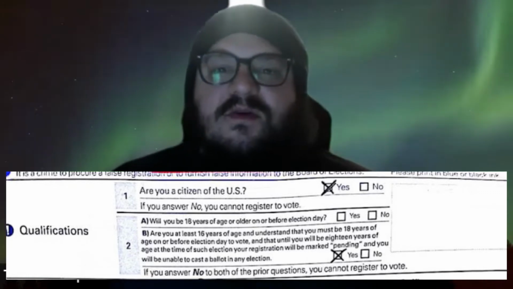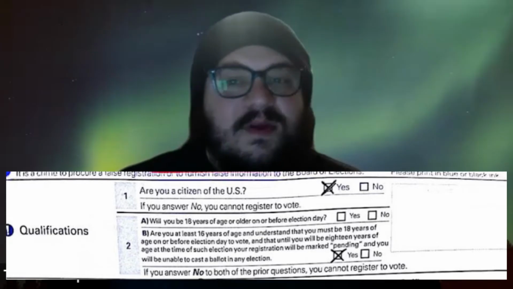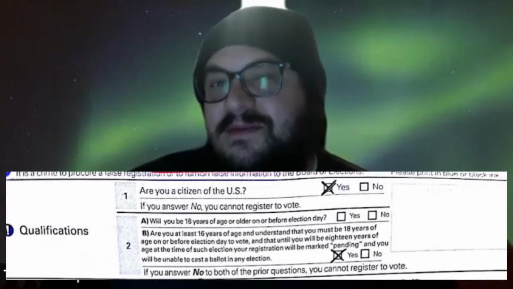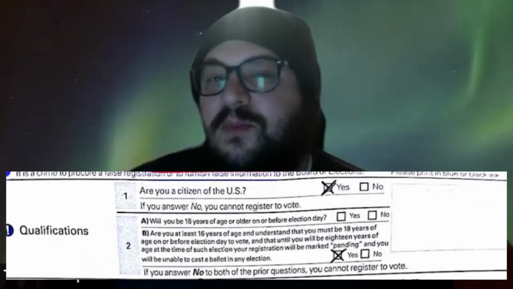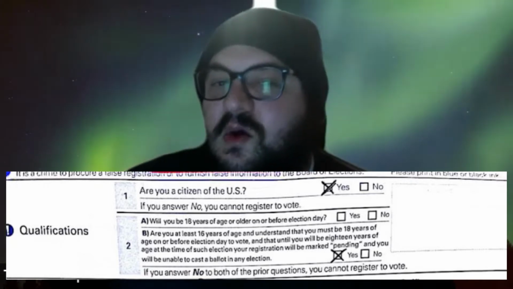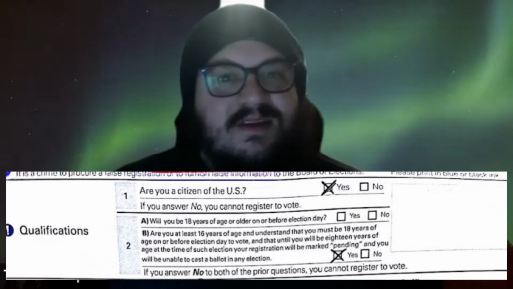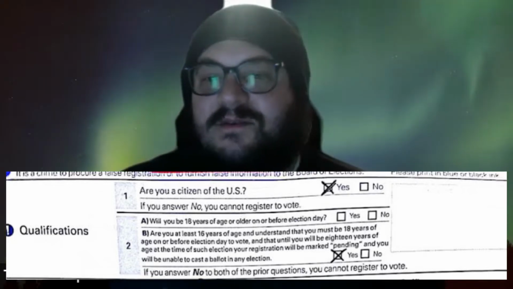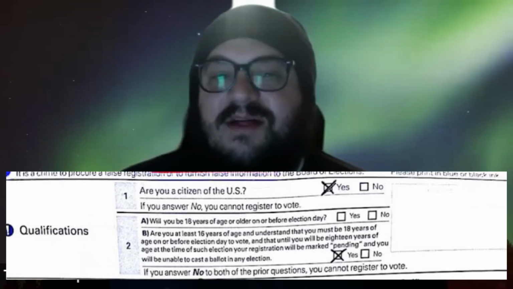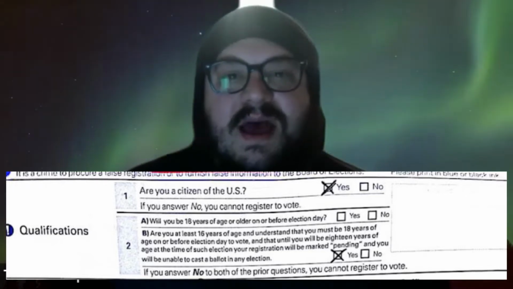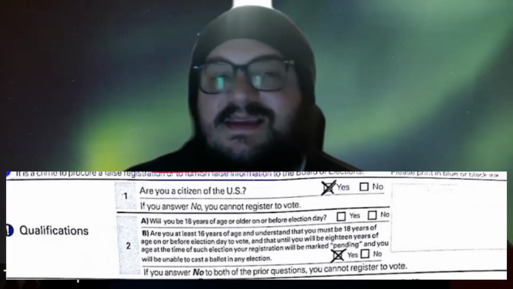Question 1 asks you if you're a U.S. citizen. Let me put on my U.S. history hat for a moment and remind you that according to the 14th Amendment, you are a citizen if you were either born in the United States or if you completed a naturalization process. Permanent residents, green card holders, and undocumented folks, this may disqualify you for now. So please do not fill this out if you are not a citizen. It's against the law to